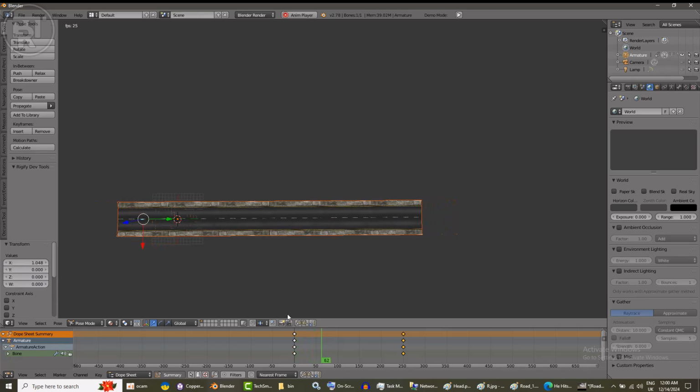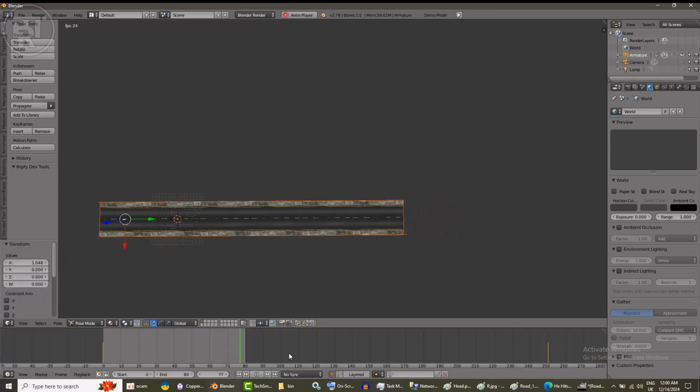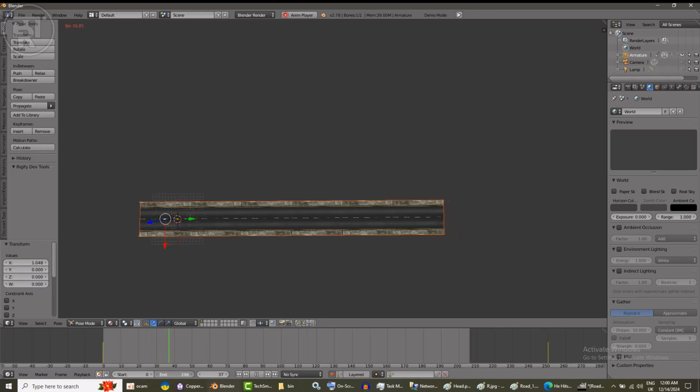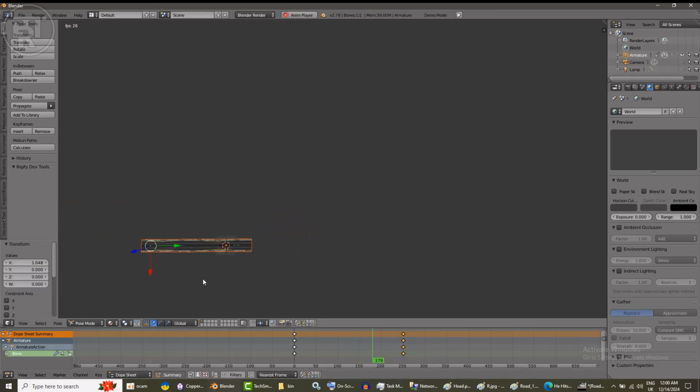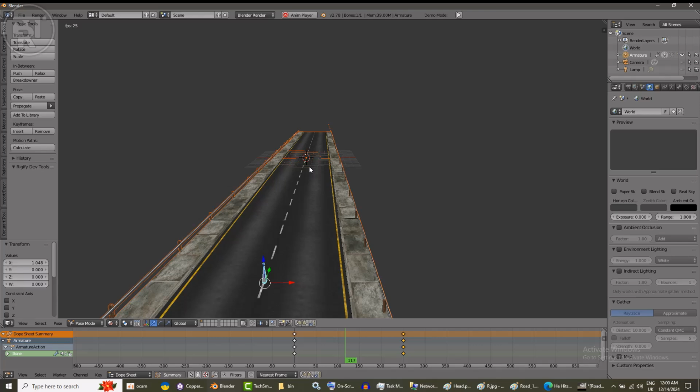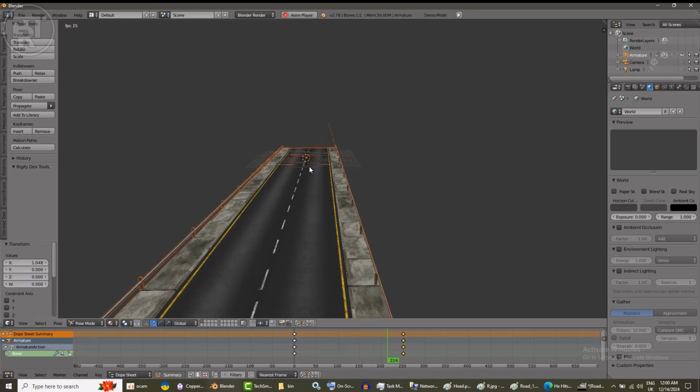If you leave this animation like this and you go to your game engine, this is the animation you're going to get. So it won't work, because you will be able to see how this road is looping, and we don't want to see the road looping. It must be in sync with each other. When it loops, it must be in sync. Okay,